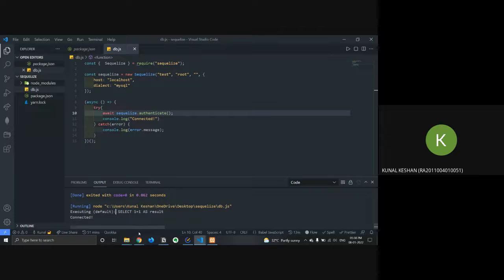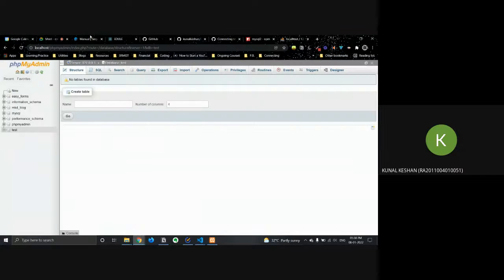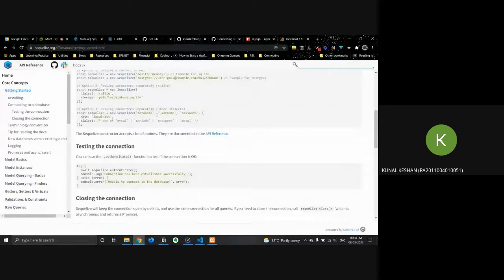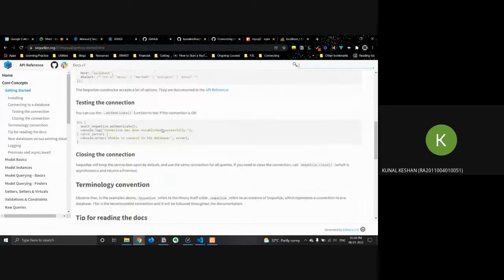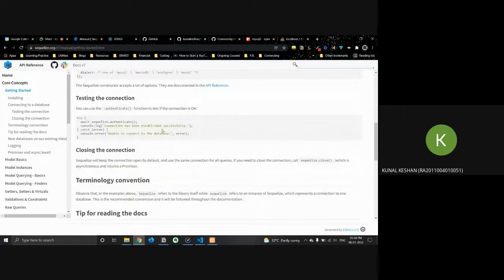The great thing about Sequelize and ORMs in general is that you have to have a database, that's mandatory, but then you can create certain models. These models are basically your object representation. It will convert into a table. Before converting, it automatically checks if the table is there; if the table is not there, then it creates the table and inserts those values.